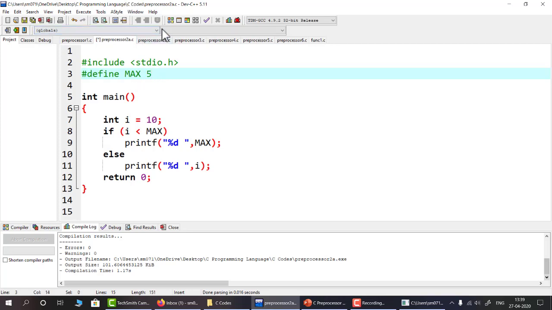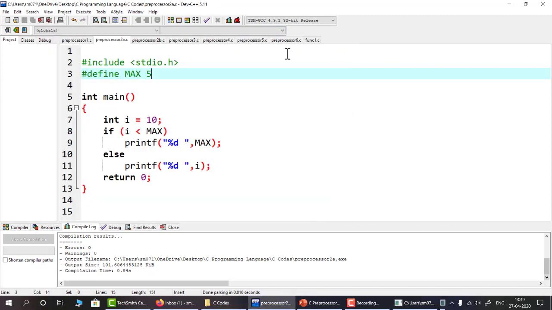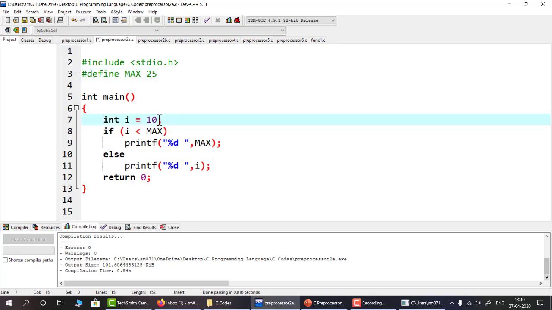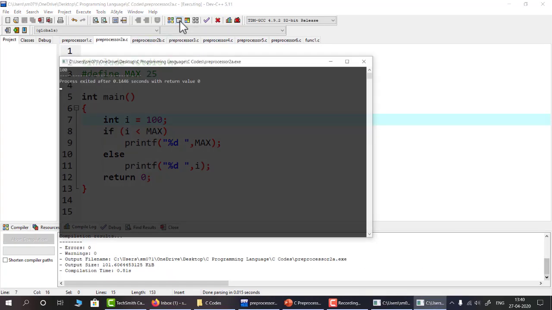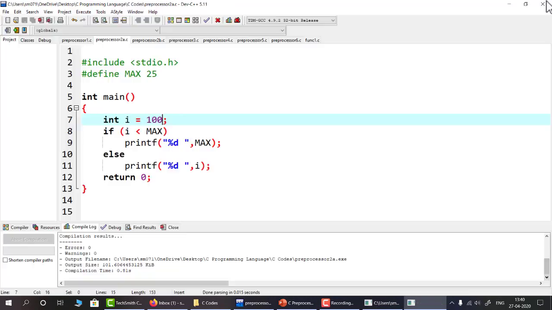Then we are going to get that 10 is maximum because here max will be replaced by 5. So you can see that it is 10. Now let me get back to max equals to 25 and make I equals to 100. The condition will be 100 less than 25. If we run this code, then we are going to get the maximum value is 100. So that is how the macro works.